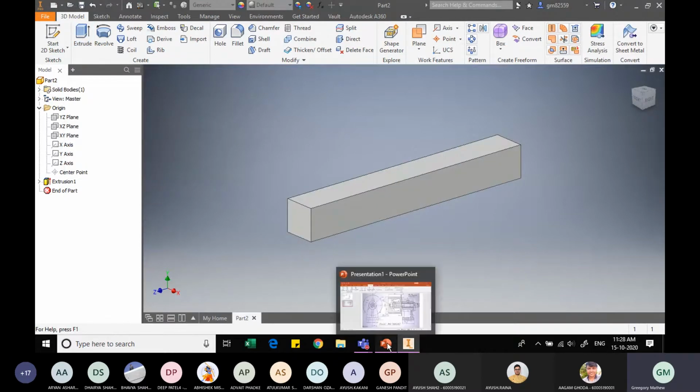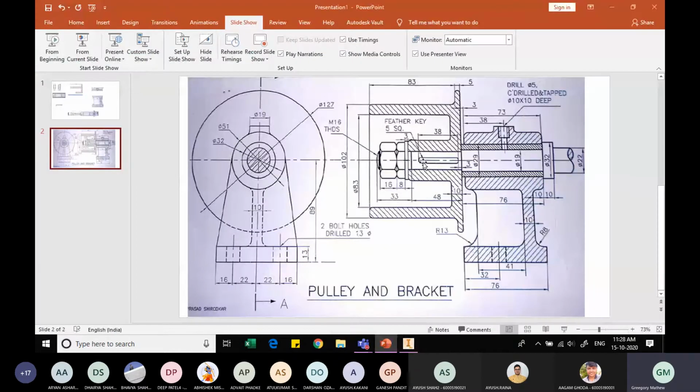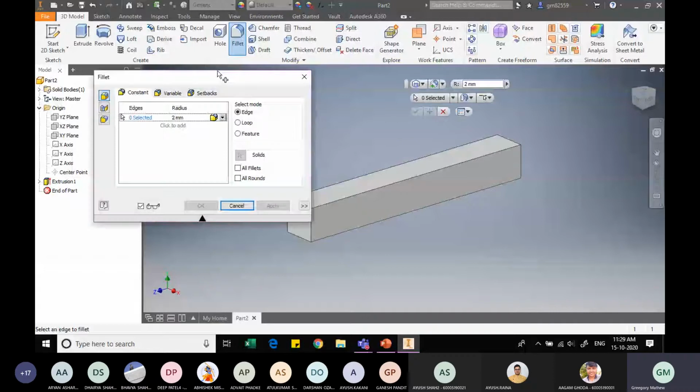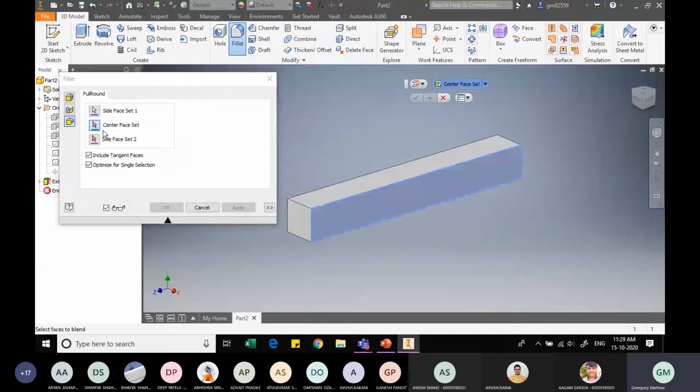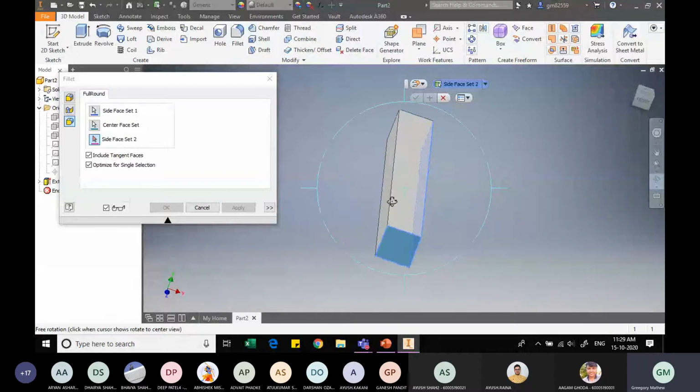And then as from drawing, we know it is curved, right? So if you look here overly, so it is completely curved, this face. So I can use this fillet option now. Now generally we would specify the fillet, but I wanted to completely be curved. So I can use this option, full round fillet, where it is asking me to select the required faces. So this is one face. Next option is select the center face. This is the center face. And the third, select the face side 2. So this is the face 1. So I will select the third face, and it is done.